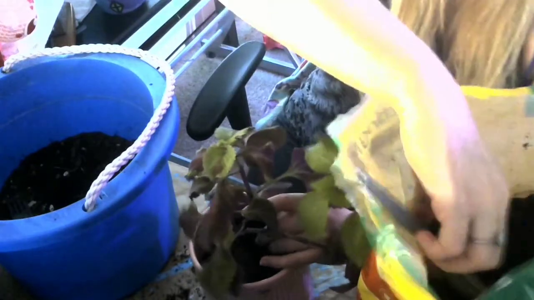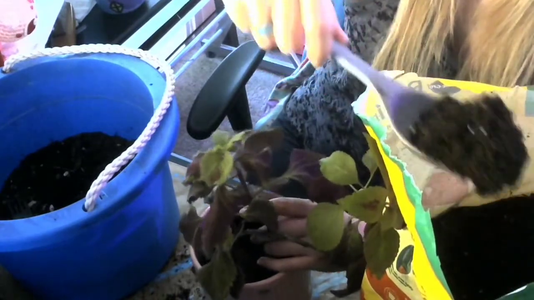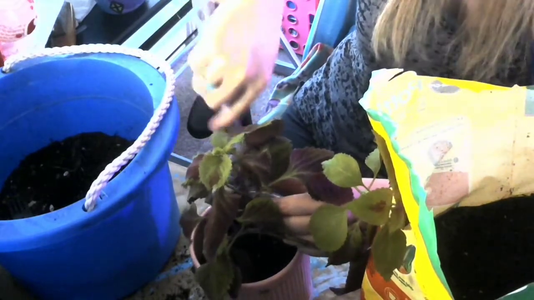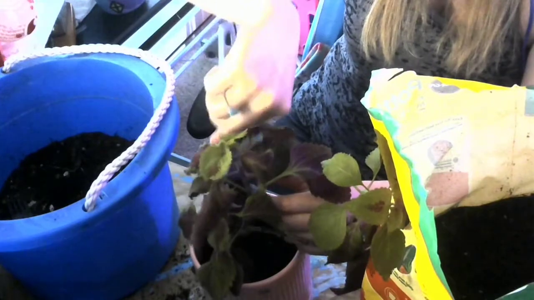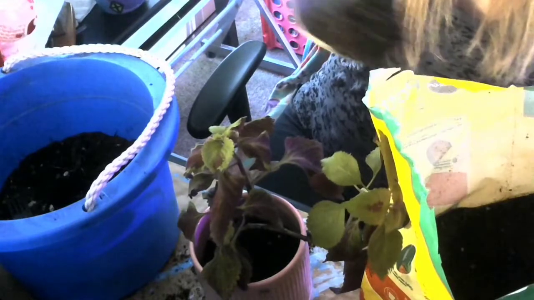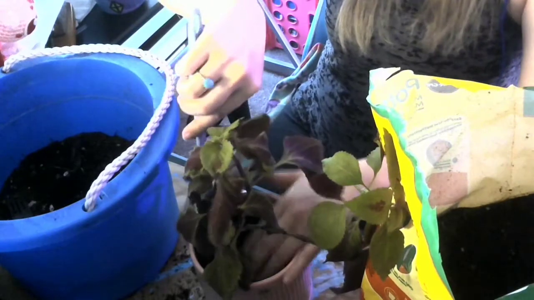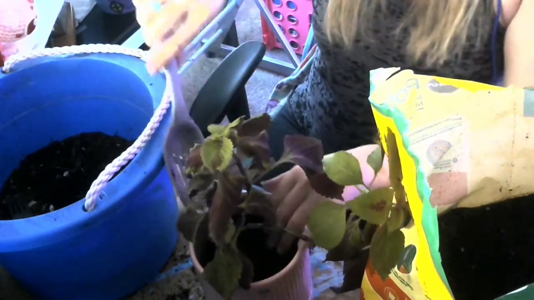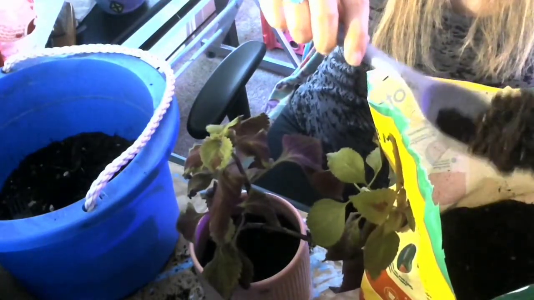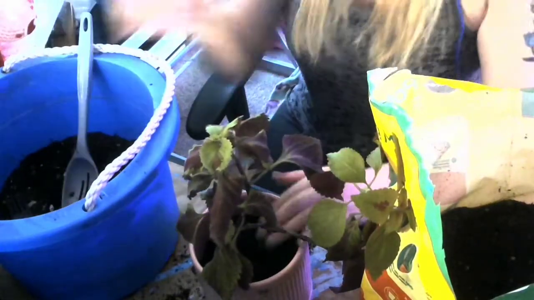There we go. Okay. I have little wooden sticks that I'm going to use as stakes. In some of my plants, I do have plastic forks that I use as stakes, which work pretty well. But it does look a little silly. It does the job, though. Oh, yeah. And spread that around. Also, I will note, with coleuses, I'm not too worried about not having perlite in with the